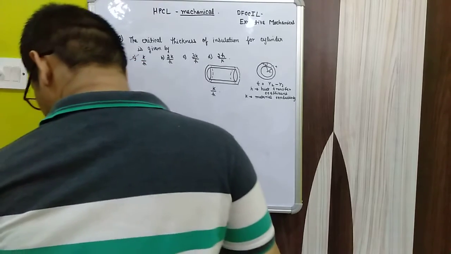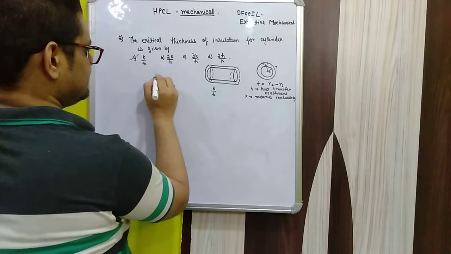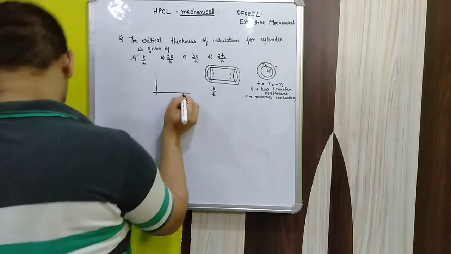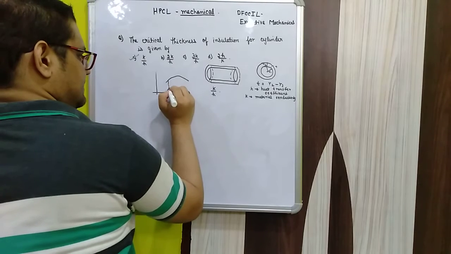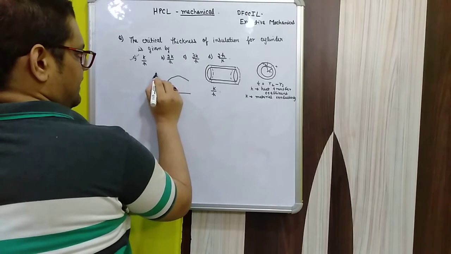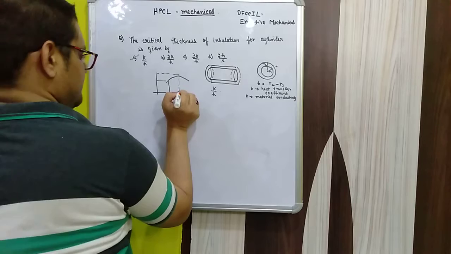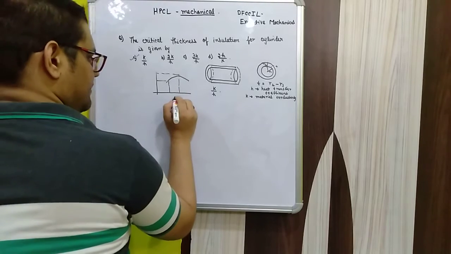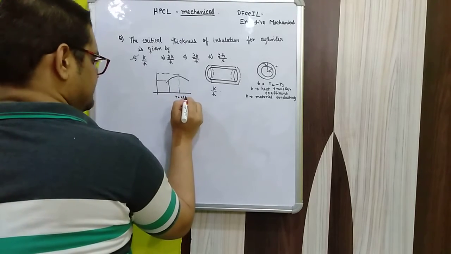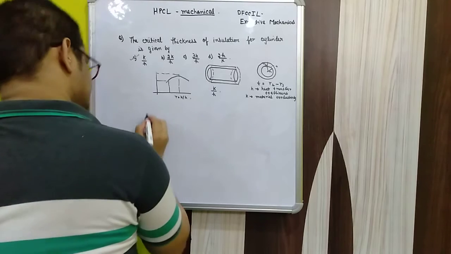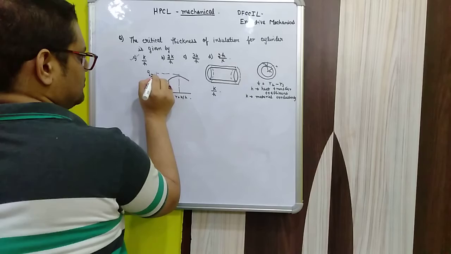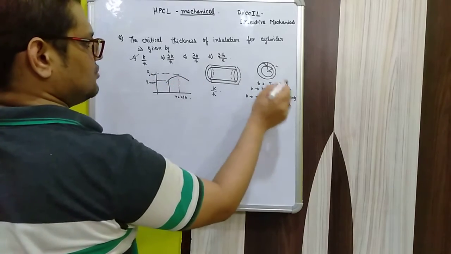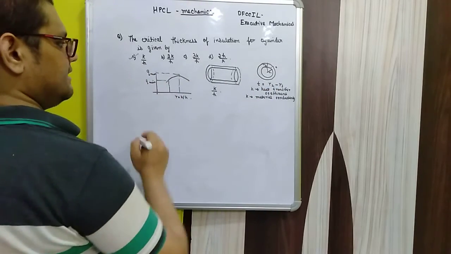I can show you one graph, which is shown for the insulation thickness. Here is the minimum part and here is the maximum part. This is given by R equal to K by H, with Q min and Q max. These are theoretical questions. I hope this part is clear to you now.